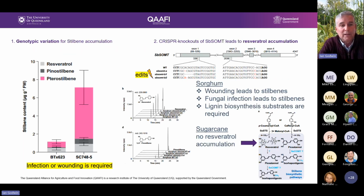We could really increase the stilbene content of sorghum, particularly after wounding, and then by knocking out the sorghum SOMT, it led to actually resveratrol accumulation, really high levels of resveratrol accumulation. But you have to wound the plant. But from another point of view, one of the things that we're really focused on there is it's also been